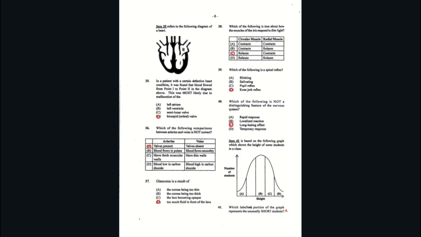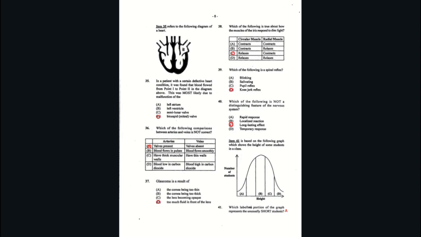Alright, so I think this is the last one, right? Okay, so number 35. In a patient with a certain defective heart condition, it was found that blood flowed from point 1 to point 2 in the diagram above. This was most likely due to the malfunction of the bicuspid mitral valve. By pronunciation, I'm always bad, but basically, yeah,